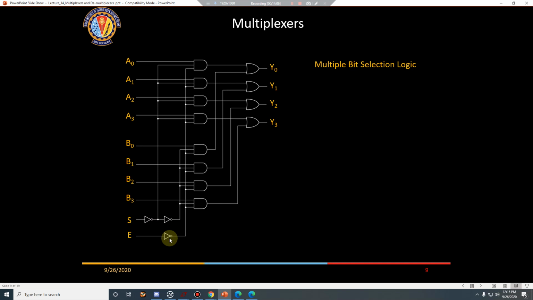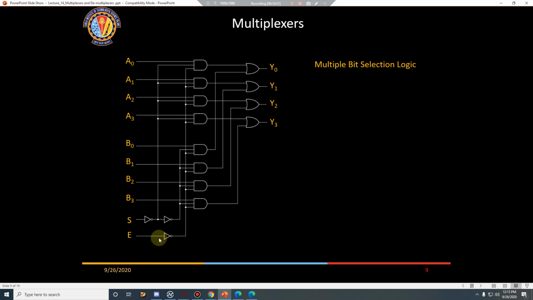Sir, one doubt. If our enable is equal to 1, then all outputs from Y0 to Y3 will become 0. Correct. But then what if our input A0 to A3 or B0 to B3 is 0? How do we differentiate between enable and our input bit? Should we put another AND gate to find that out? No. We don't have to really find that out. If you look at it from the multiplexer applications point of view, when we want output from this chip, we will just give an enable signal. Once the enable signal is given, from the microprocessor point of view, it is accepting some inputs from, say, 2 different channels.